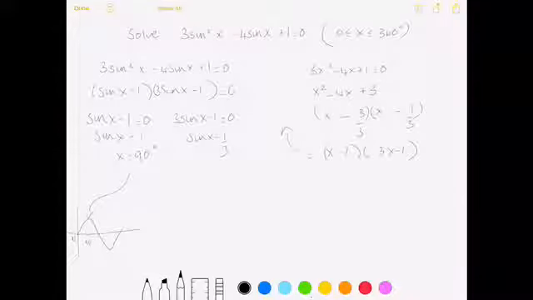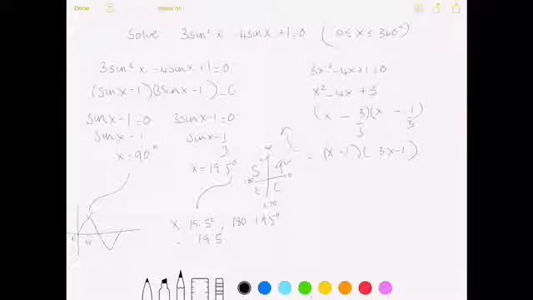We need to use our calculator here. None of our triangles or graphs will help us here. We get a solution of 19.5 degrees in our calculator. We know that sine is positive in quadrants 1 and 2. So the additional angle is 180 minus 19.5 degrees. So x is equal to 19.5